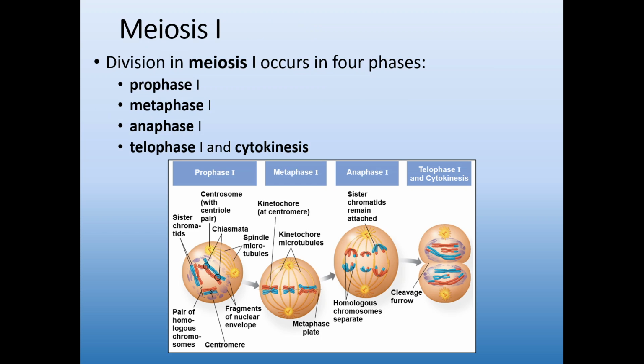All right, so to run through the phases, they're the same phases as we saw in mitosis: prophase, metaphase, anaphase, telophase, and cytokinesis. We do give them a 1 if it's in meiosis 1, and then they will have a 2 if it's in meiosis 2, just depends on what phase. And again, they operate in the same way as mitosis, so I'm not going to talk about what's happening in prophase 1, or anaphase 1, all of that, because I just went through it. It's the same process.